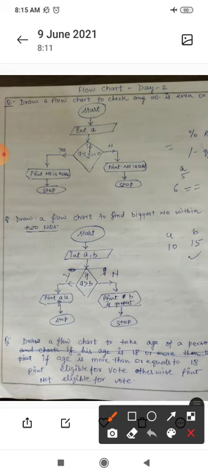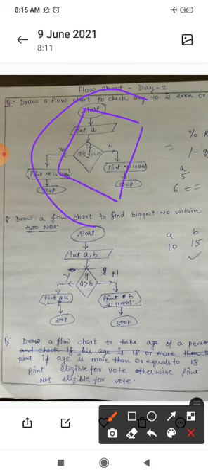One more sign is here, this one, the conditional one. So what is the use of this sign? This sign is used to check the condition. Okay, this sign you will use to check the condition. So suppose you are putting any condition to solve a problem or program. So there will be two possibilities.